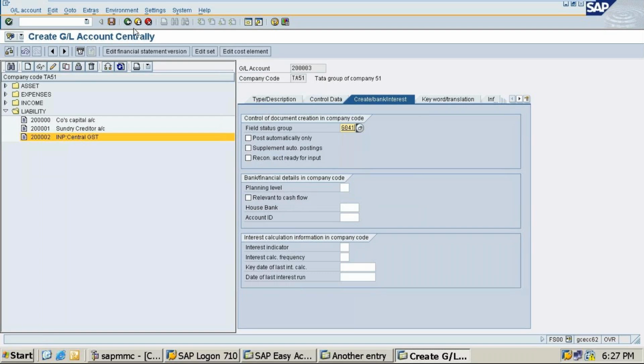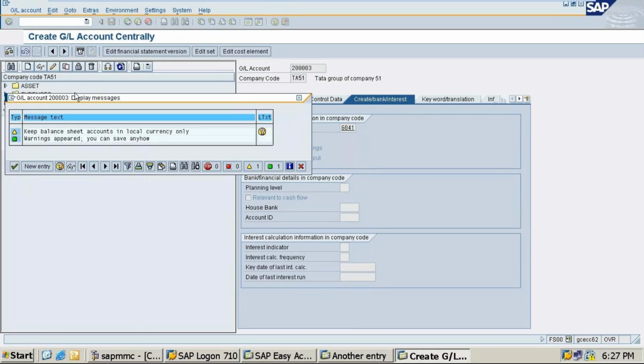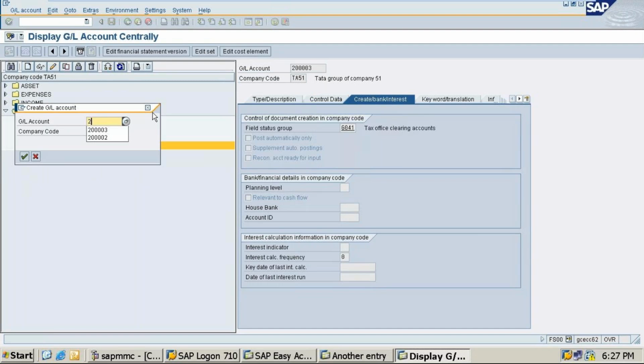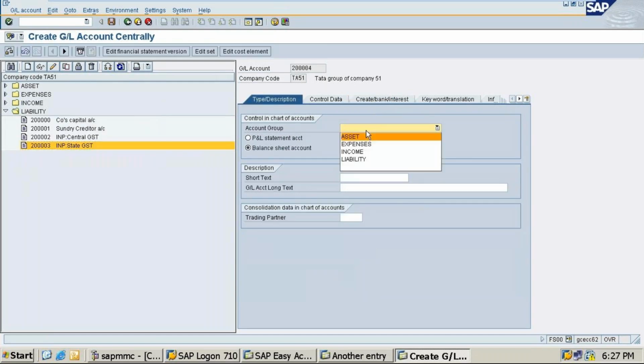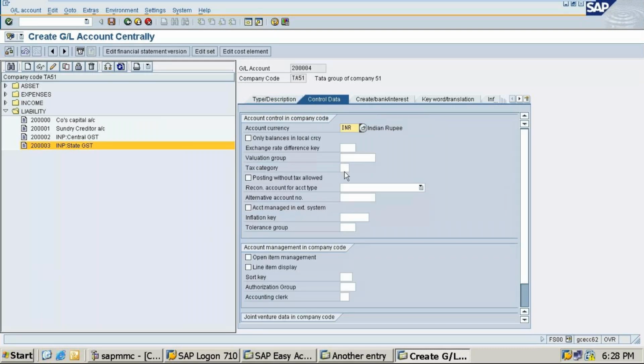Okay, so same way you create. Next is 2 lakhs 4. So same way you have to create this all.